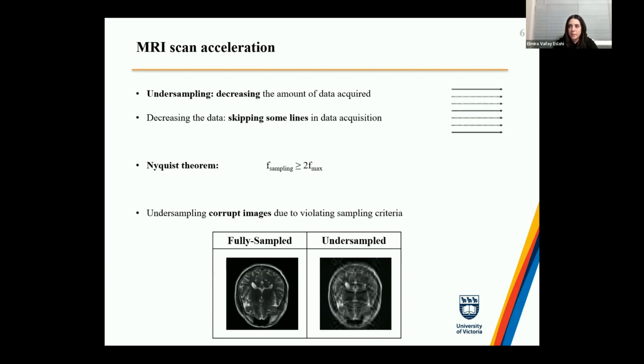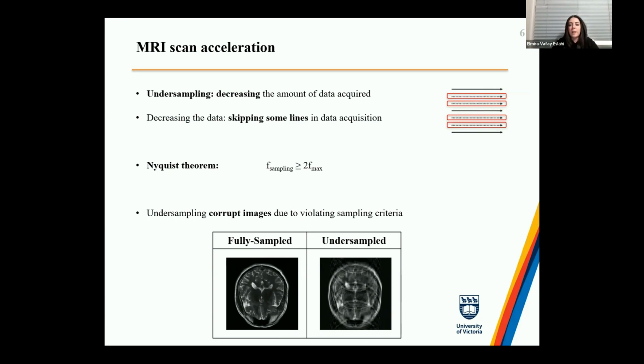So there is a solution: we can speed up the process of MRI by doing undersampling, decreasing the amount of data acquired. So what does that mean? It means that we can skip some lines in data acquisition, as you can see on the right here, that we are skipping some lines in between, but this undersampling